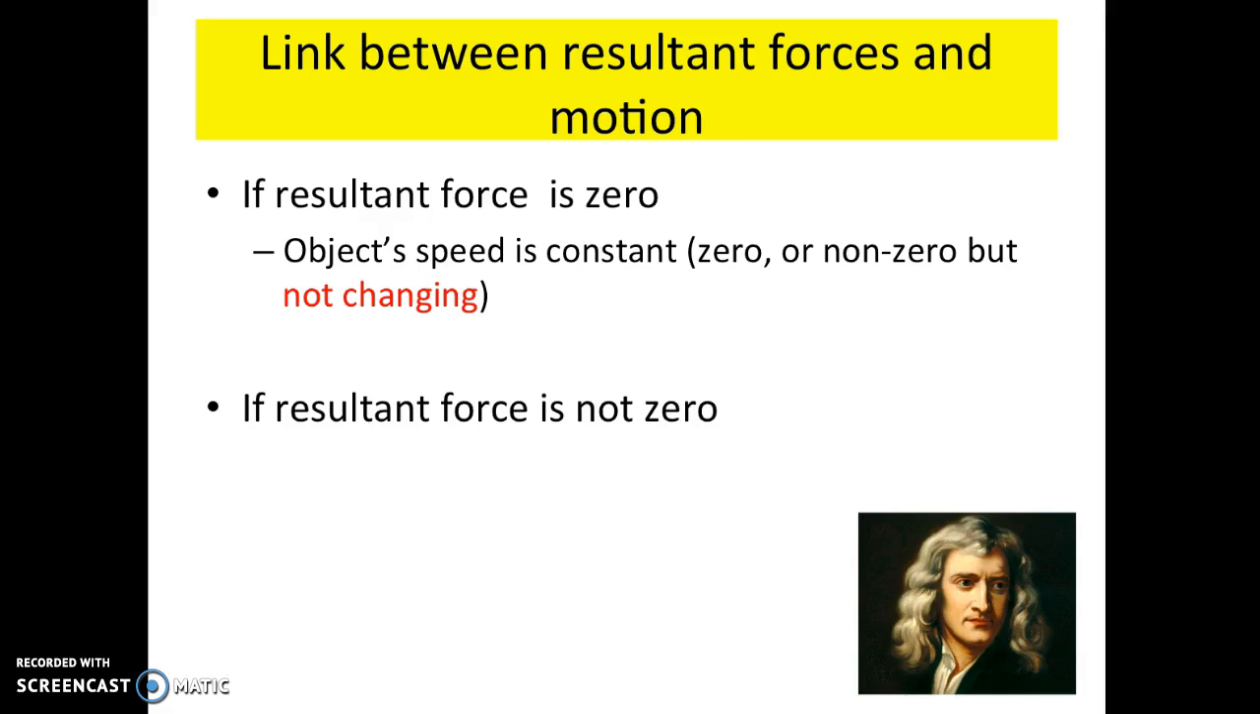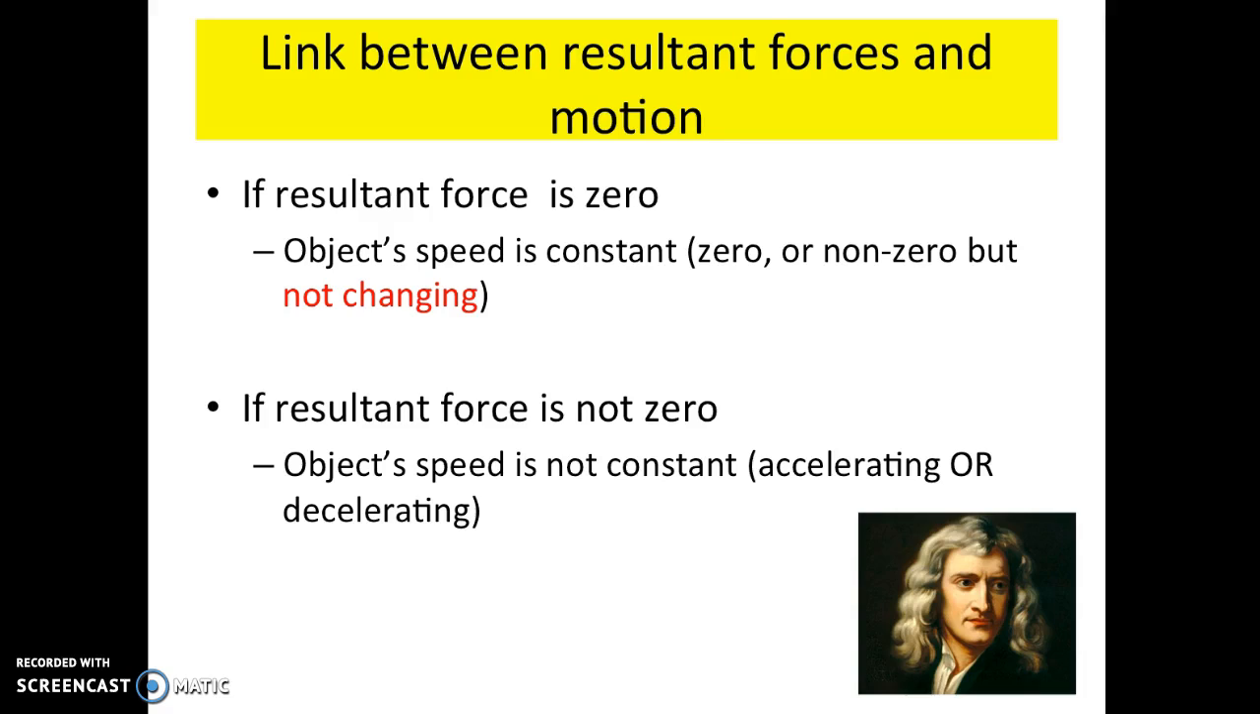Therefore, if the resultant force is not 0, so I have a total resultant force on an object, the object's speed will not be constant. It will be accelerating, it will be decelerating, but it won't be travelling at a constant speed. This is Newton's first law, and it's really important because we rely on this for lots of the mechanics problems